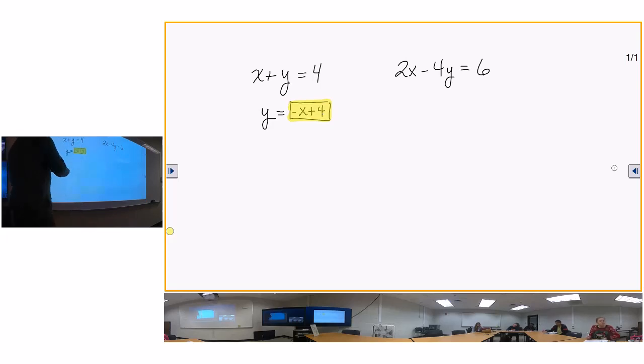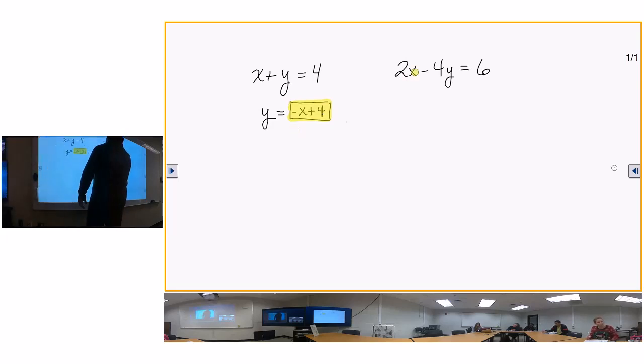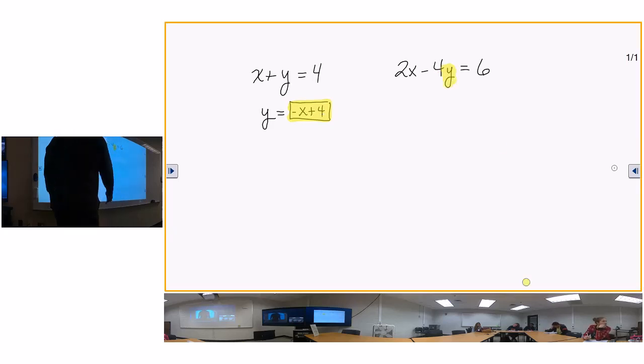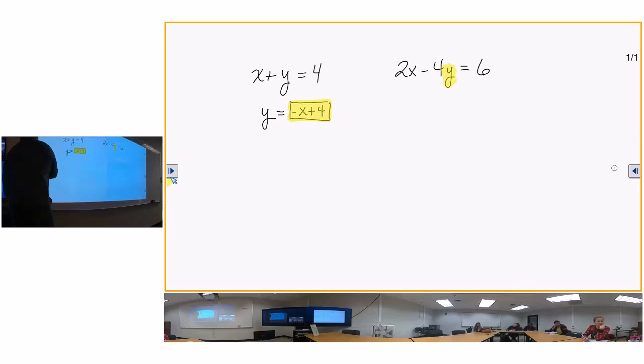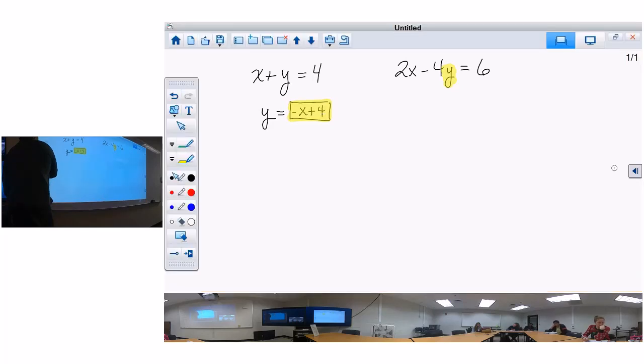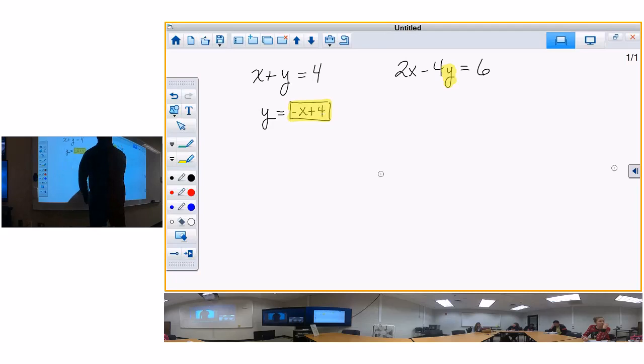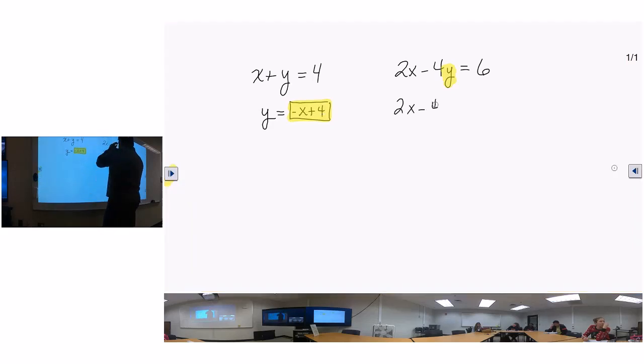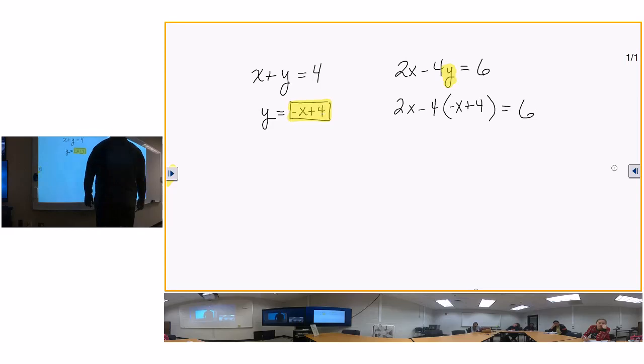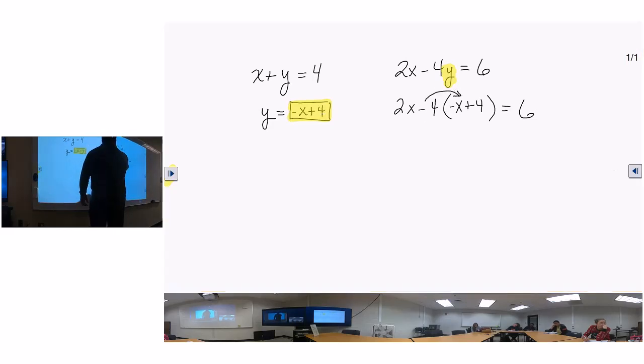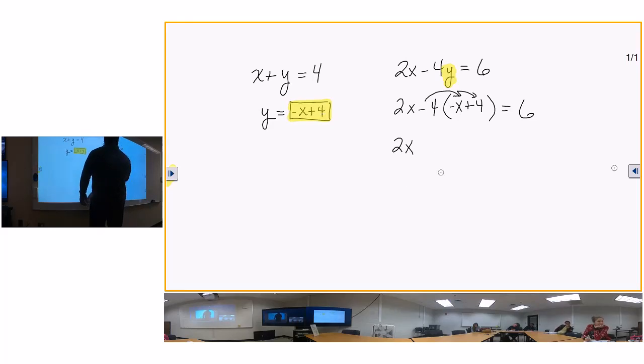I think so. All right, so I'm going to take this right here, and I'm going to plug it in for what? For y, because it's equal to y. So I'm going to go over here, and I'm going to say 2x minus 4 times y equals 6, and I'm going to plug that negative x plus 4 in there. Distribute my negative 4, and that's going to give me 2x. What's negative 4 times negative x? That's a positive. Okay, positive 4x. Negative 4 times 4,